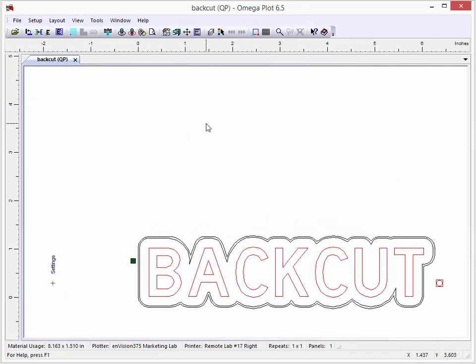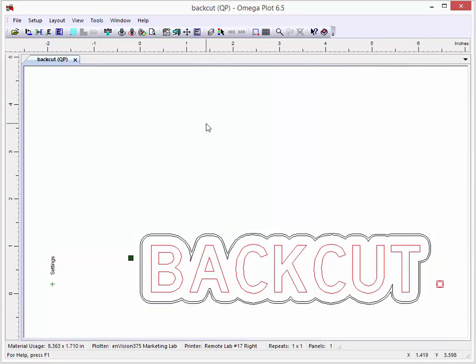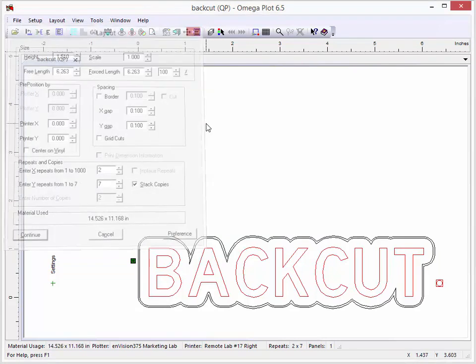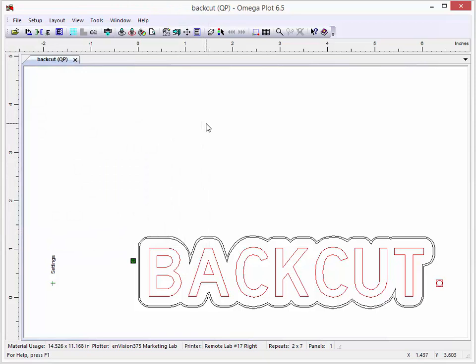And here I am in the plot window. And I'll just set up some repeats. So I'll turn off my weed border and set some repeats. So I'll say 2 and 7. So once I have my job set up the way that I want it, so I'll go into the File